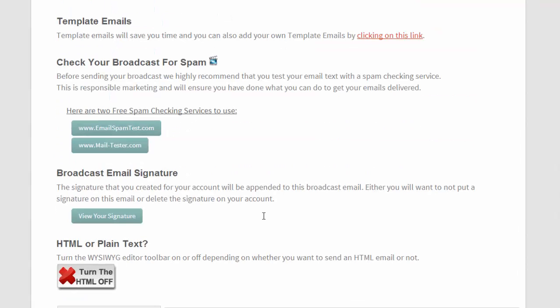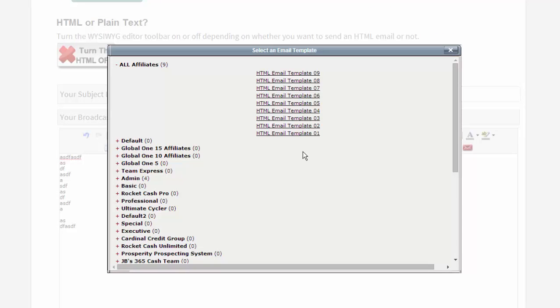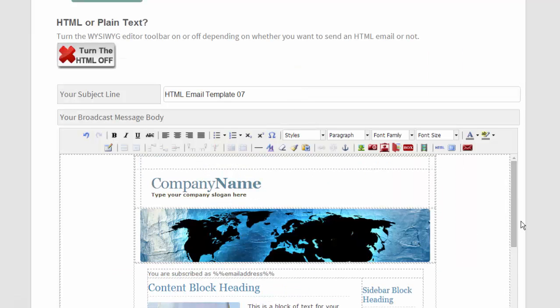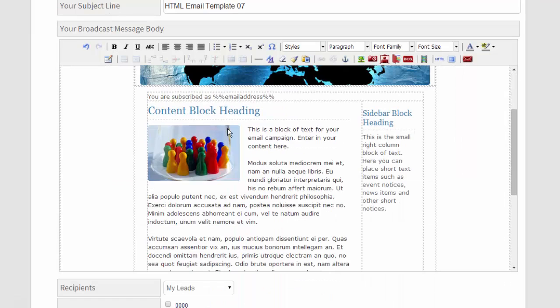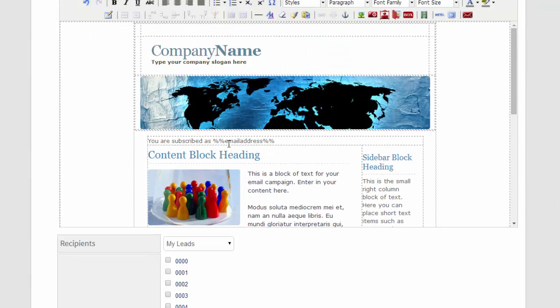So to create an email template using HTML, I recommend that you go again to the email templates here, and under the all affiliates you're going to see these different templates that we've already loaded into the system. Let's take a look at 07. So if we put that in, we see that the page has been loaded with this here, but what we want to do is we want to add that to our own personal email templates, not something that's available for